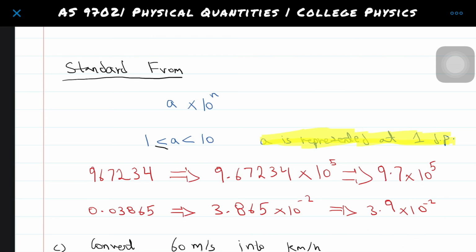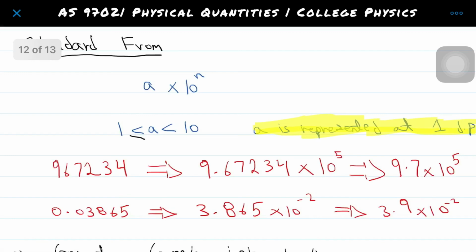So 9.67234 into 10 raised to the power 5, and obviously since it's 9.67, we're going to round it off to 9.7. So it's going to become 9.7 into 10 raised to the power 5. Similarly, we have